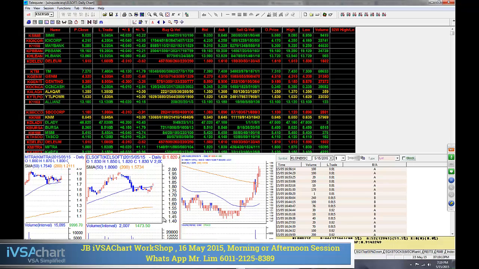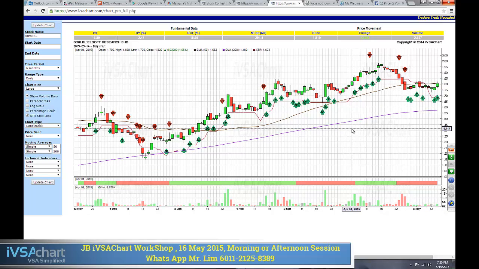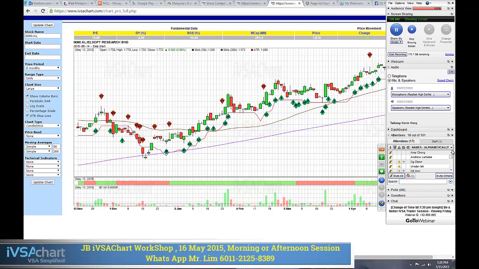Okay, so trend's going up. Okay, good. Trade with the trend in here. Okay, so this one is going up. If you did buy above here, that's probably a 5-day line change. Follow the 18-day line change, will you? Okay, follow the 18-day line change. Okay, any stocks you want to look at besides Elsoft and LBS?